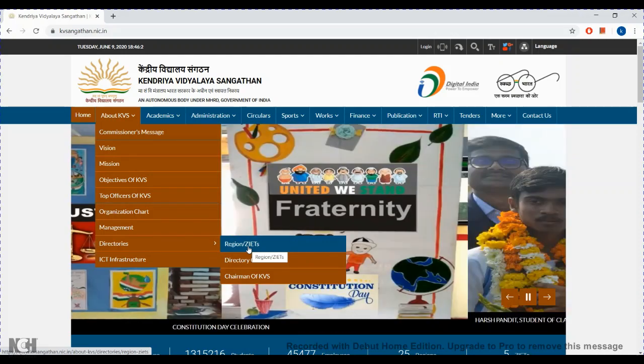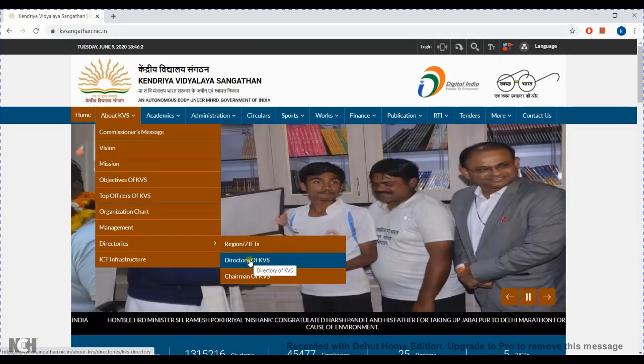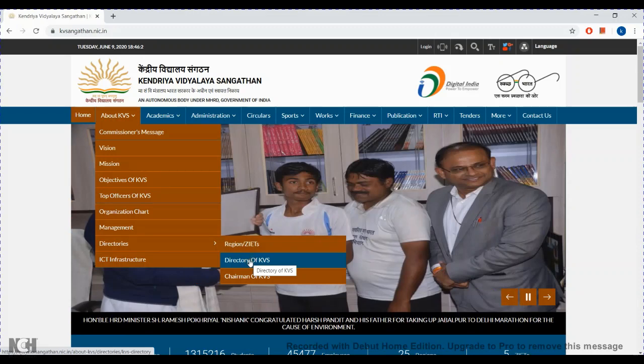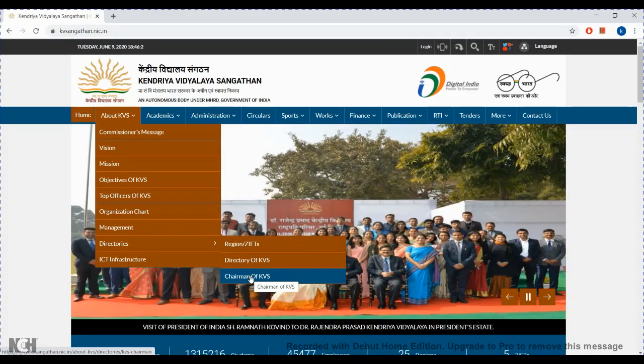If you want to find the website and directory of any regional office, you have to click on this. If you want to find the directory or website or phone number or contact number, RTI PIO of any KV school, you can go here. And if you need information about the chairman of any Kendriya Vidyalaya across the country, you can click on this button.